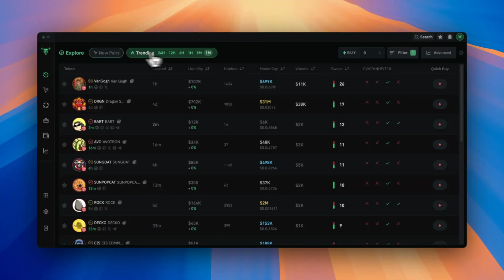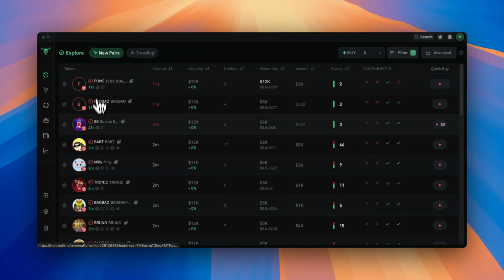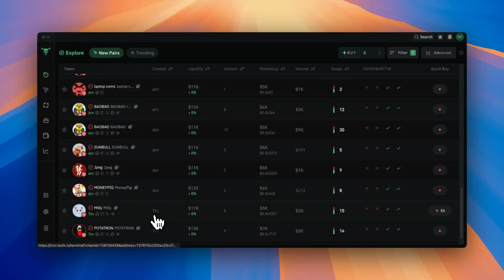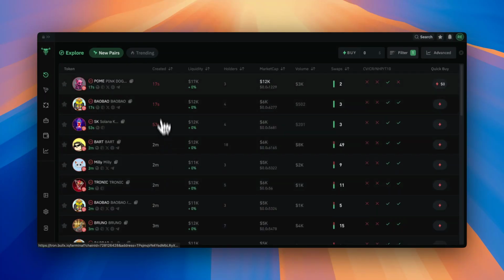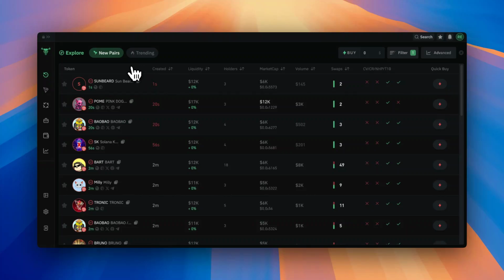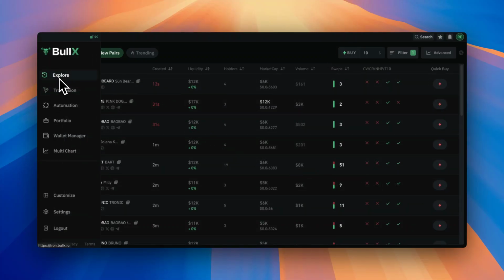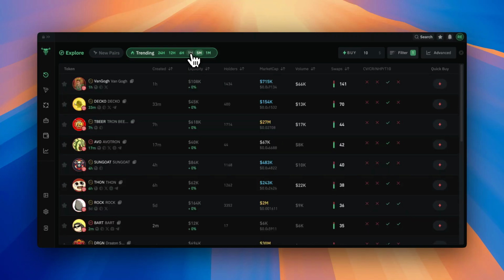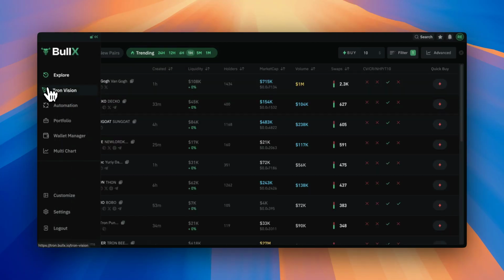Again, it shows you the trending tokens, and you can also look at the new pairs. And this lets you know how many minutes ago a certain coin was made, and you can see chronologically what's being created. There's a quick buy function as well. So if you want to buy $10 of every coin, you just enter the amount here and go ahead and press buy on all of them. But the Explore tab is great for trending tokens to find different swing trades and what's hot right now, or in the last hour, 6 hours, and so on and so forth.